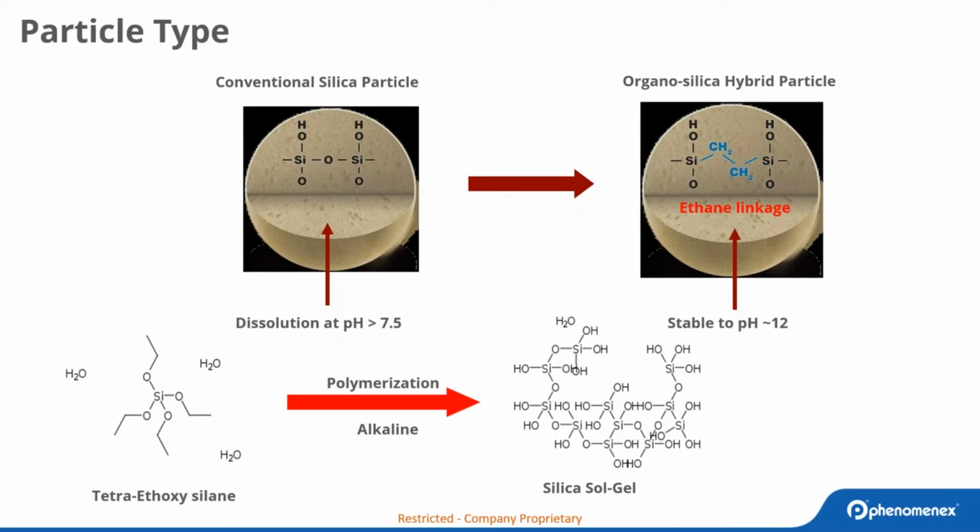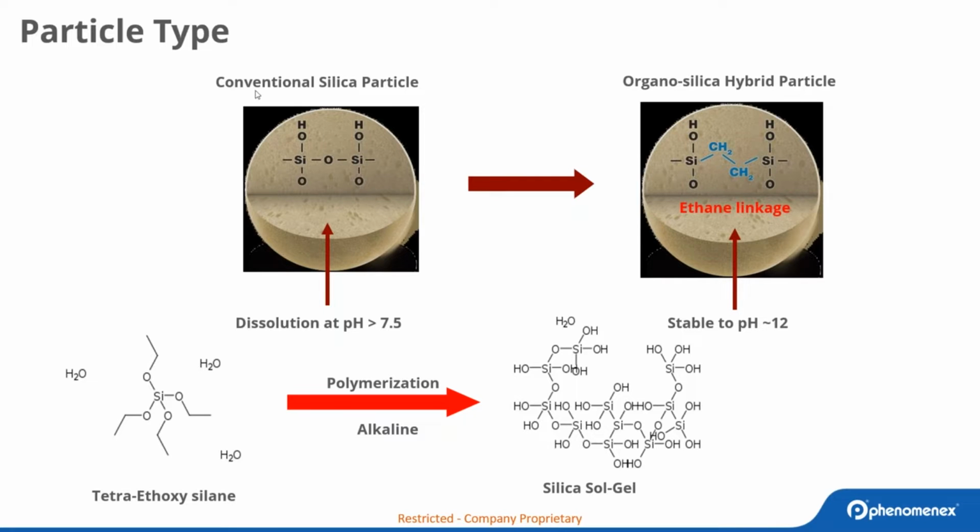Looking at the particle types, again, we're going to be talking primarily about silica, although we will talk about organosilica. So silica gel, looking at this equation down here, is manufactured under alkaline conditions through polymerization. That word always trips me up, polymerization. So this is done under alkaline conditions. Again, it is unfortunately a reversible reaction, and this can be reversed when the silica is exposed to those alkaline conditions again, which can cause the silica